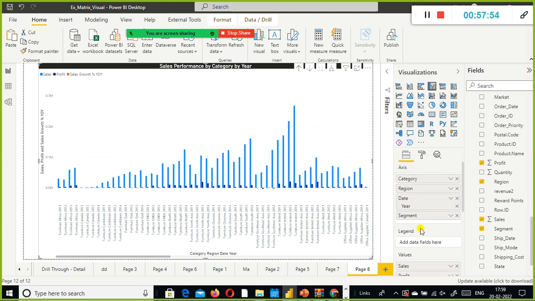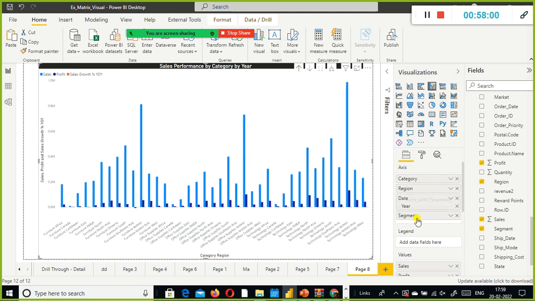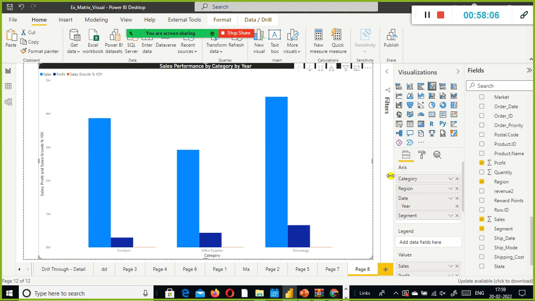So from here to here, you can drill down with this icon. And I just drill up. For example, if you want to move up from here to here, when you click on this icon, it will take you to the previous one.